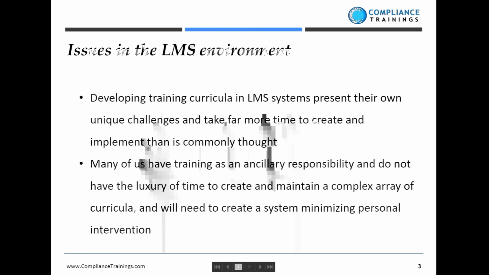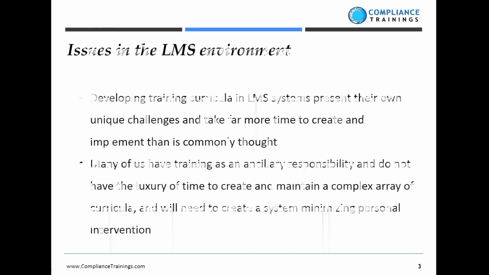I recall that my supervisor at the time, when I was at McNeil, and we needed to do a complete overhaul of our position curricula for the consent decree that we were under, thought the curriculum development would take roughly 3 months to complete. But in reality, it took double that and a little bit more because, first of all, essentially what you're trying to do is catch a moving train. You continue to have to use the LMS at the same time that you are trying to